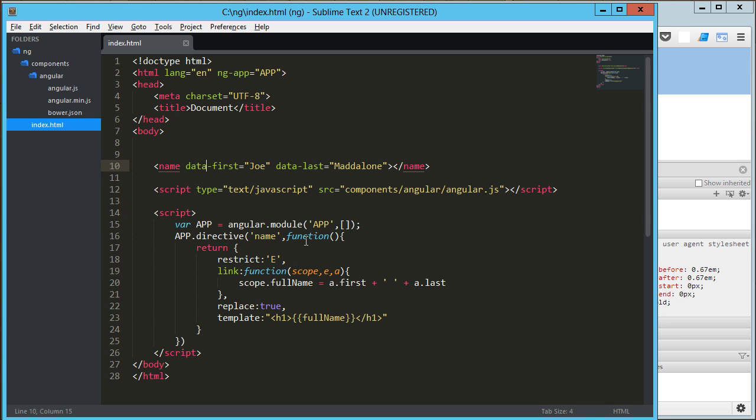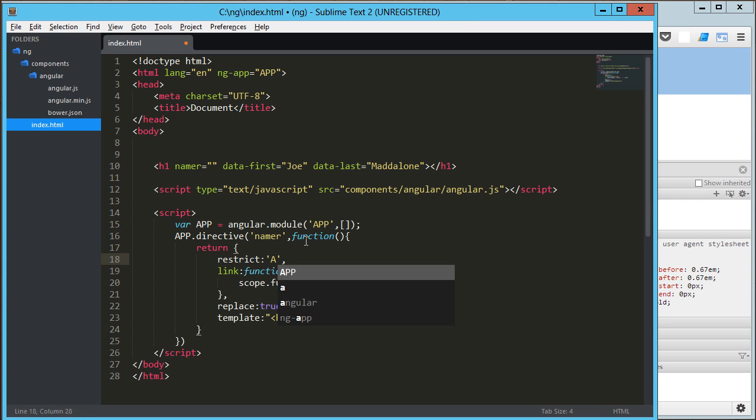The other one we could do is, so let's say I want to make this an h1, and then what I'm doing is I'm giving it an attribute called name, which probably isn't really good because input values can have names, so let's call this namer. Okay, so my attribute is going to be namer, and then I'm going to close that. So I've got an h1 that has an attribute called namer, an attribute data first, and an attribute called data last. And what I'm going to do, I'm going to change my directive name. And I'm going to change the restriction to A, which is attribute. So now it's looking for the attribute namer, and then technically, in this case, since I'm just going to be filling that in,